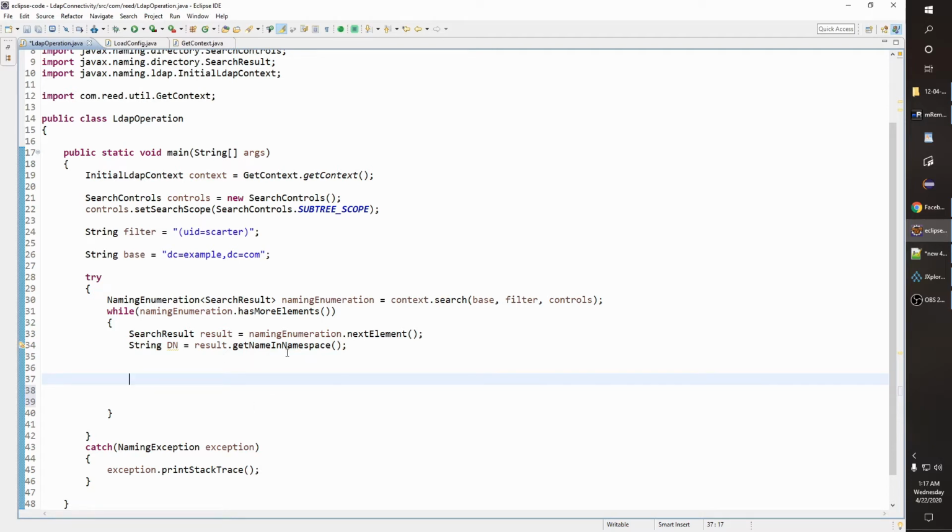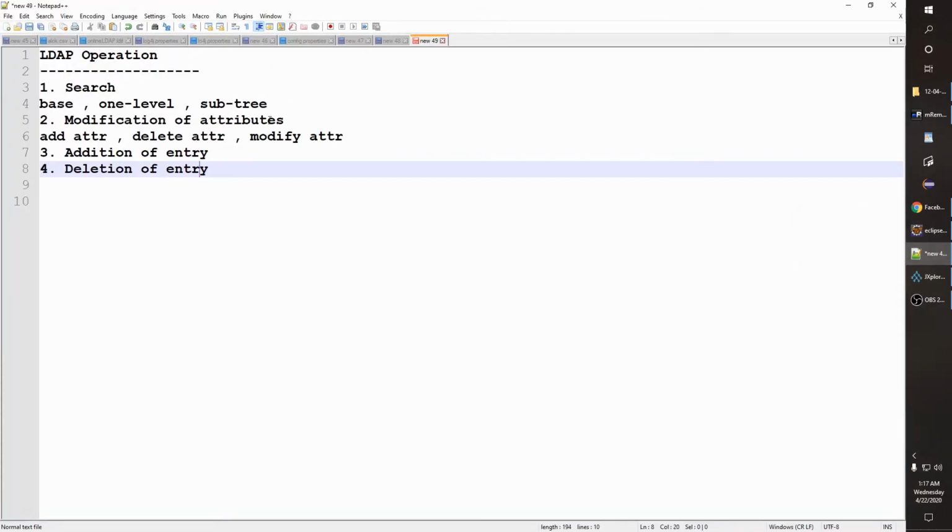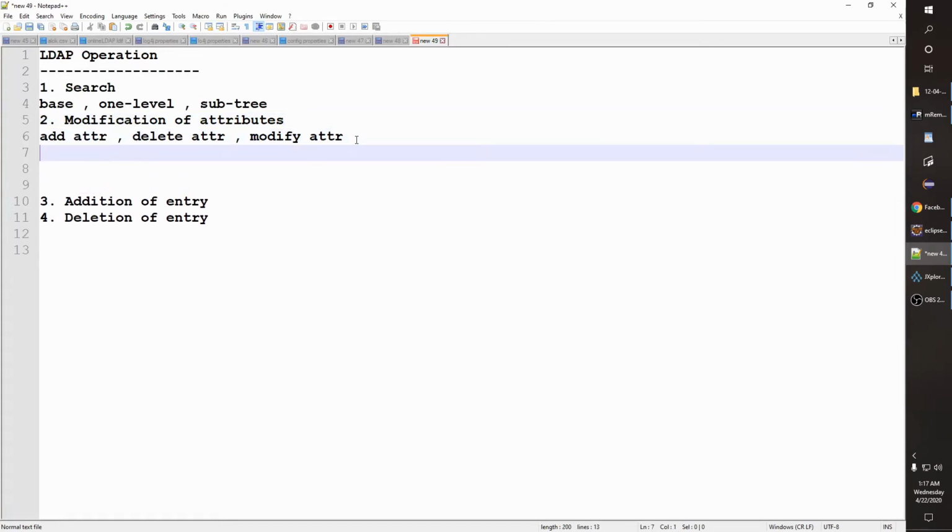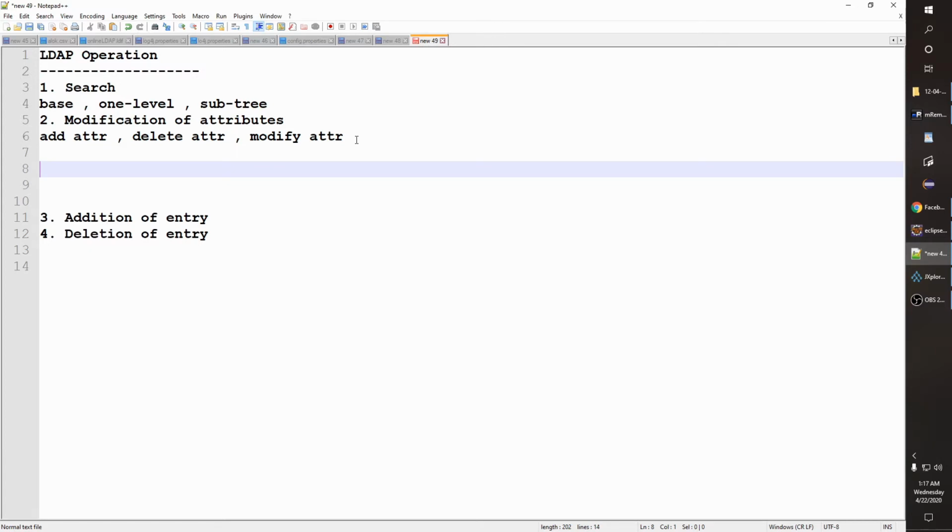Right now we will be going with modification of attributes, and you can do that modification for any attribute, but you have to always make sure whether your attribute is a multi-valued attribute or a single valued attribute. There are different modifications that we will be doing. First and foremost, let's go with single valued attribute.